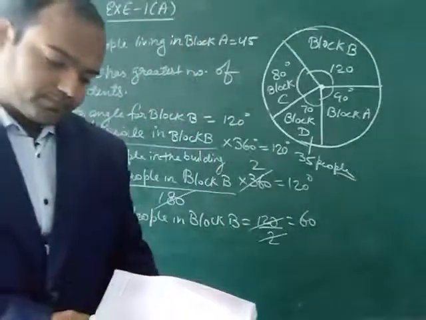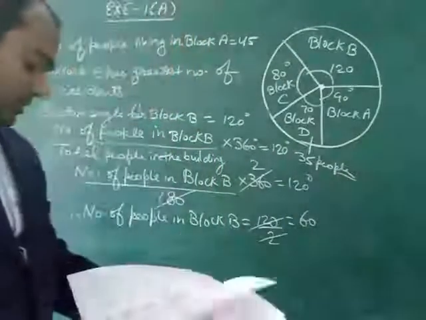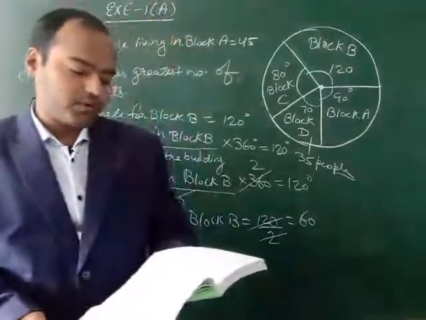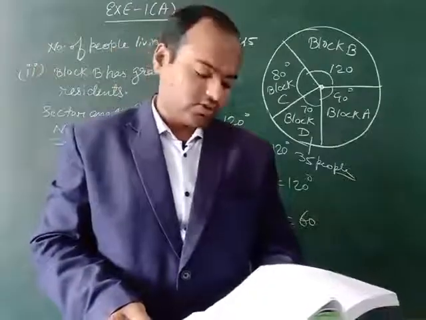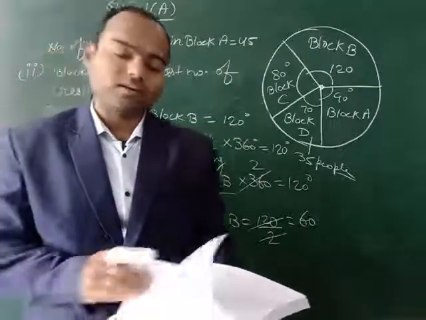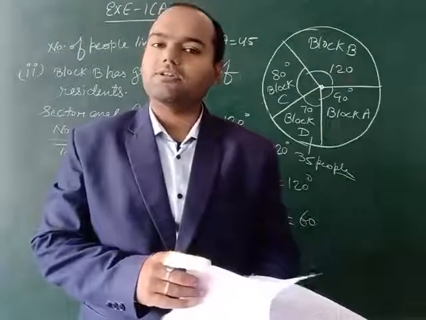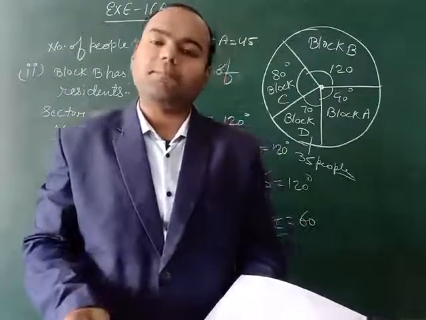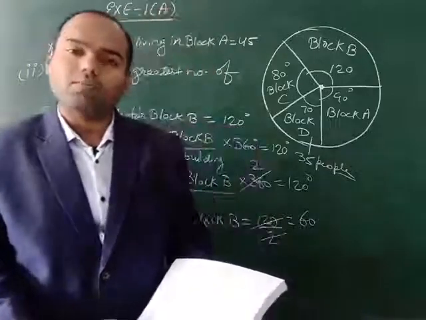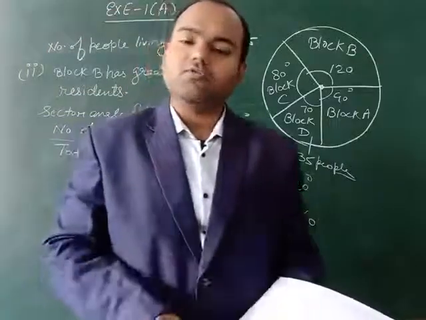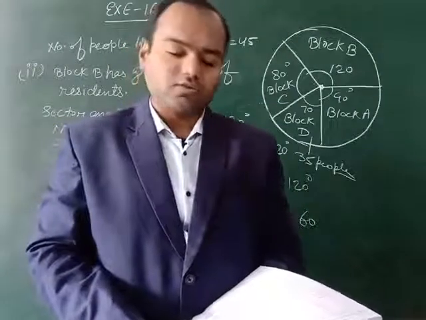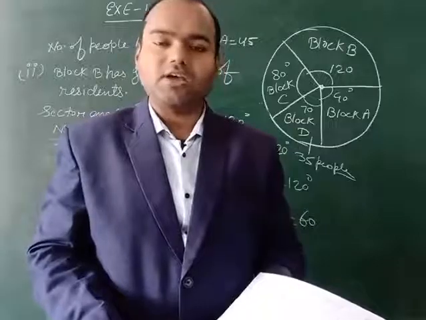Now question number 12 is also the same as I had explained to you in question numbers 10 and 11. So this question you have to do by yourself, and questions number 13, 14 and 15 are not in your syllabus. You have to prepare only the pie chart. These three questions are of column graph. So column graph is not there in your syllabus, so no need to prepare these questions. So now your syllabus is over. So you have to complete this exercise in your fair note.